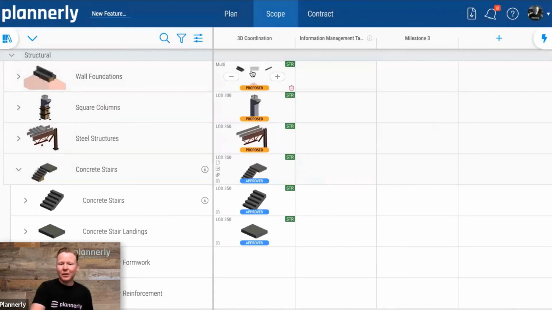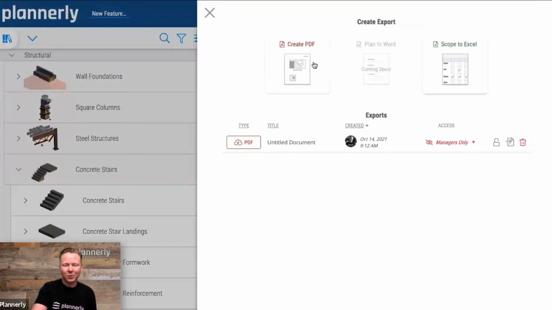So now we've got milestones, and grouping of those milestones to order them maybe in stages or phases or parts of the project. But let's now turn our attention back to the export. Once we've created our plan and scope, we again might want to create an export of that. Being able to export to an Excel file, Word is actually coming soon. Look out for that very soon as well.